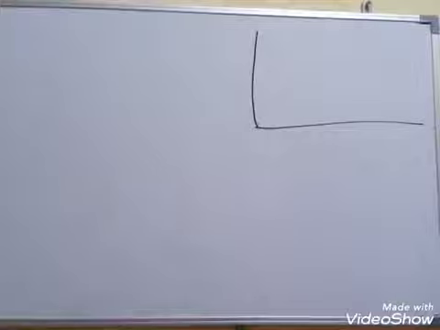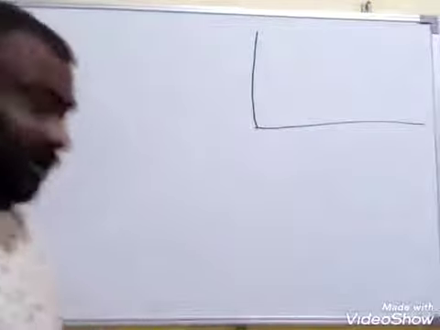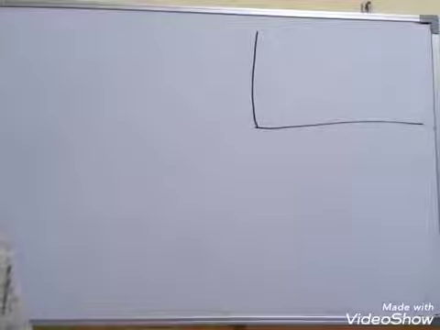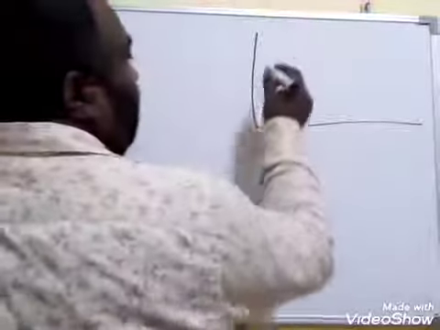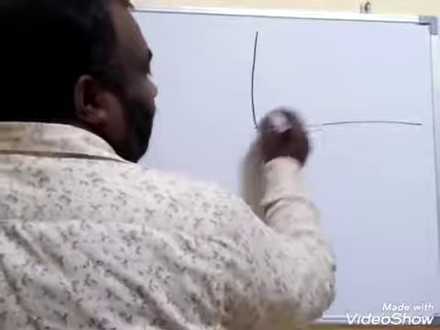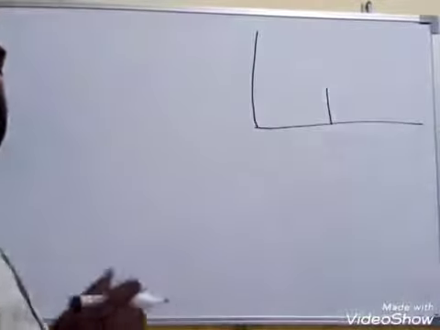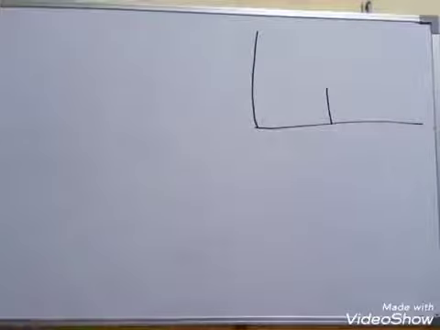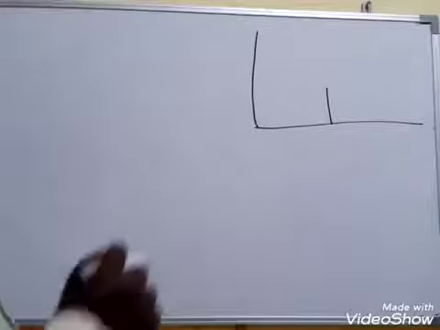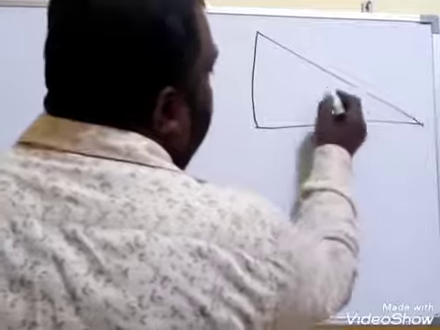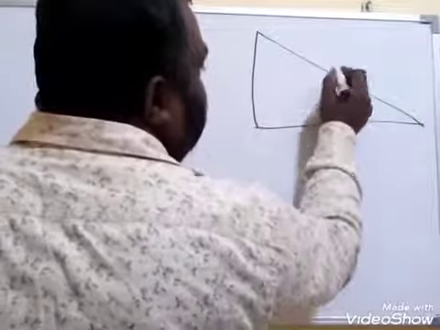Here I have come with one more problem. The problem name is the shadow problem. What is a shadow problem? Here they will ask a problem like this: a man is walking away from a light post at the rate of 5 km per hour or 4 km per hour, some velocity will be given. And then they will ask what is the length of the shadow, whether the length of the shadow decreases or increases.